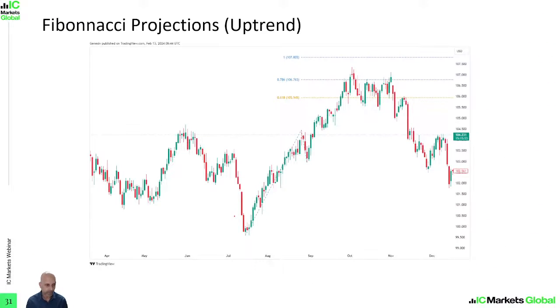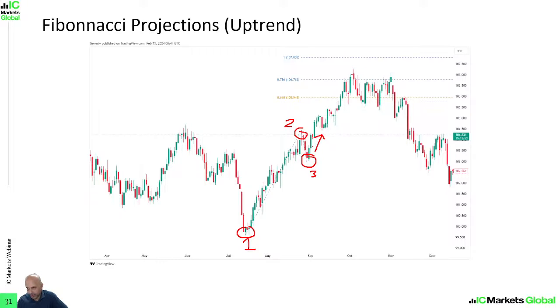This will be a bit clearer here. Once again, we're going to use a Fibonacci projection for the uptrend. In this scenario, we have point 1, which is the swing low over here. We have point 2, the middle point, the swing high resistance here, and then we have this little pullback swing low support at point 3. So we are using the Fibonacci extension tool. We'll start at point 1, going up to point 2 and ending at point 3. As price is rising up here and breaking above point 2, we're going to use the projection levels at 61.8%, 78.6% and 100% to help us identify potential take profit zones.